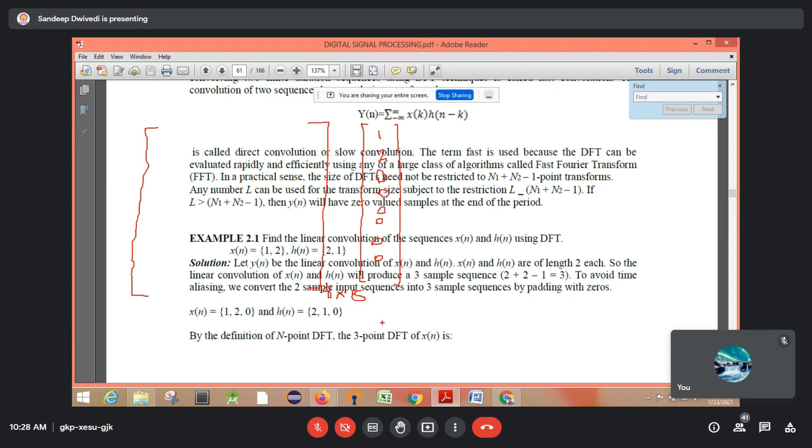Okay, so like this zero padding you need to do. After that you need to do this matrix multiplication to get your DFT, the output of the sequence. As I told you in a previous lecture, for the first element, you need to take the first row, apply it on this column, multiply element-wise and do the addition. That will give you the first element. Like that you have to do for all the rows. Total 8 rows are there. So you will get the answer. That will be your final DFT. Is it clear?